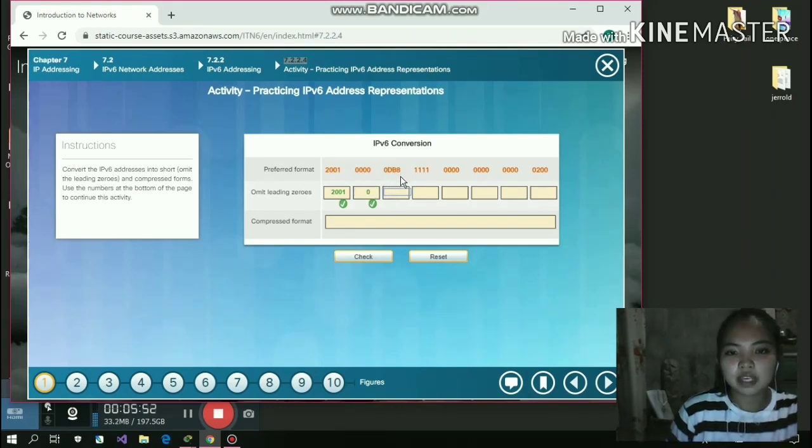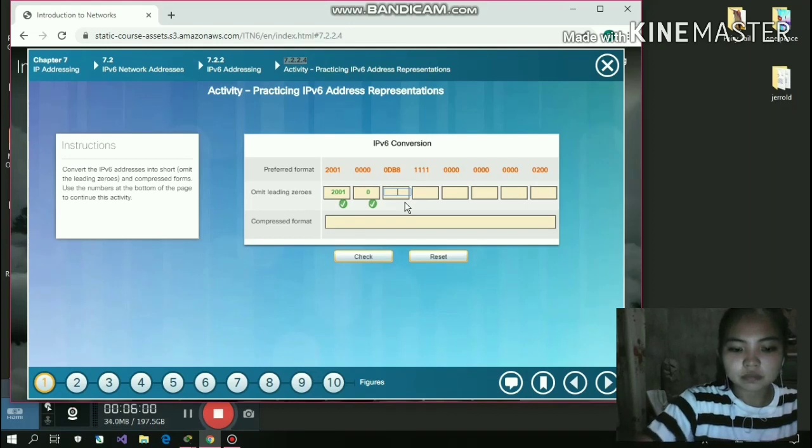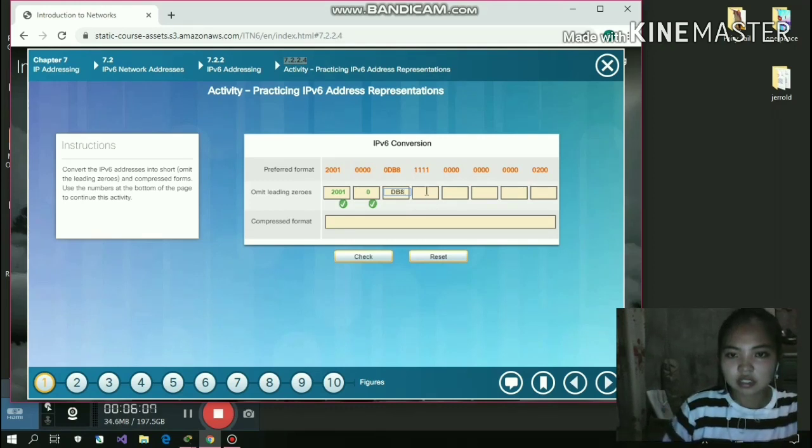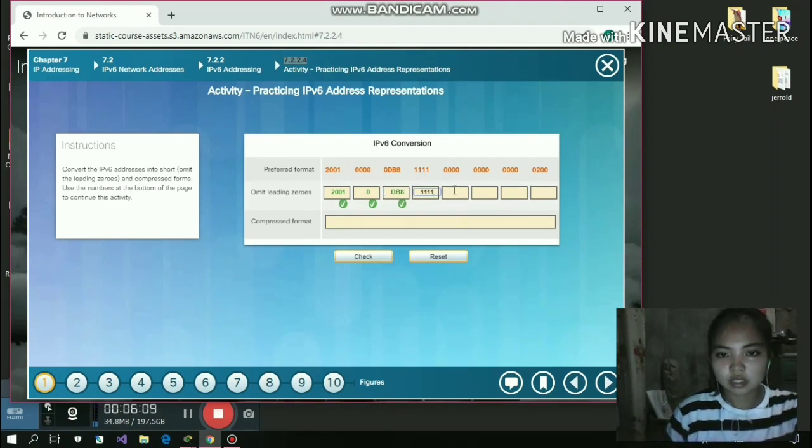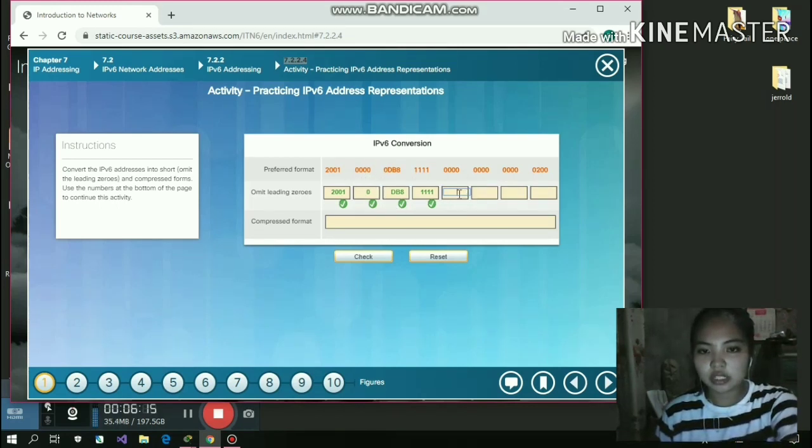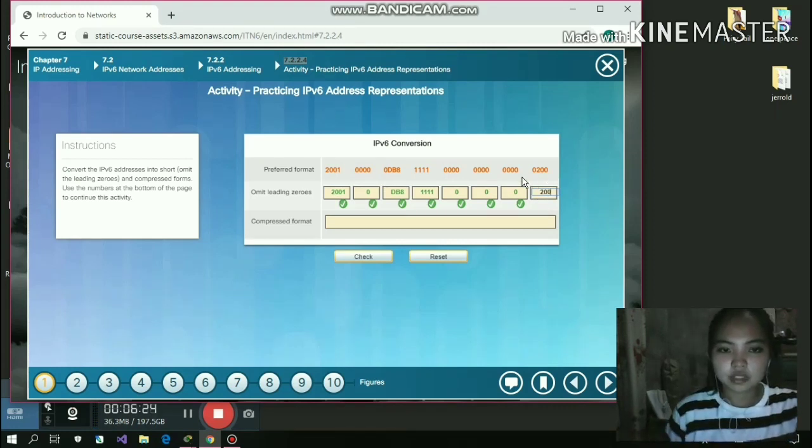And for 0DB8, you will not include the leading 0 in your answer, you only answer DB8. And for 111, and this, you only type 0, then 0, then 0, then from here, 200. Then, when you are done, you have to compress this format from the omit leading zeros format, which is